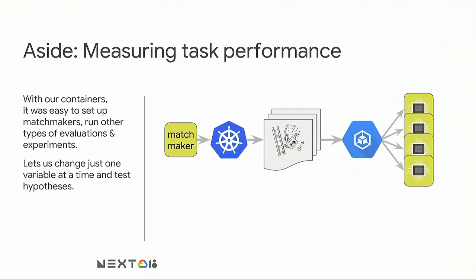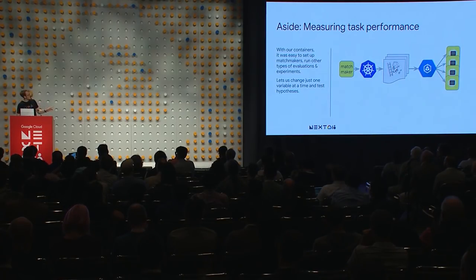So before we do that, let's take a little step and say that as I'm setting this up on GPUs and I'm realizing that this is going to take months to run, I really wanted to find ways to verify that everything was working. So with containers, it was really easy for me to make variations on the jobs I was running and really try to run other sorts of evaluation matches. It was really easy to use the Kubernetes Engine API to spin up jobs that were variants so I could test different versions of models, make sure that I'm making progress. This was a really important thing that I'm going to come back to later.